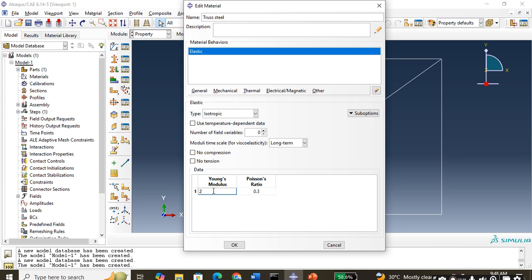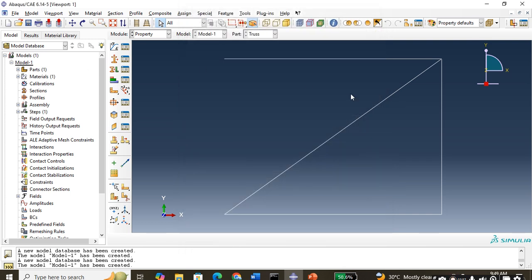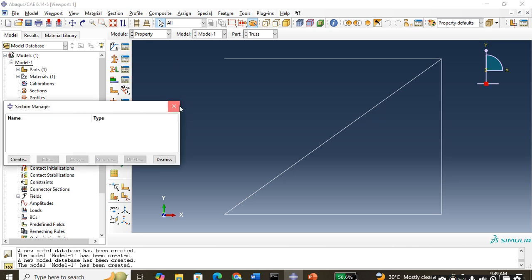And the Young's modulus is 200 GPa. We convert this to MPa. Sorry. After clicking on this, OK. Now we give the next part,